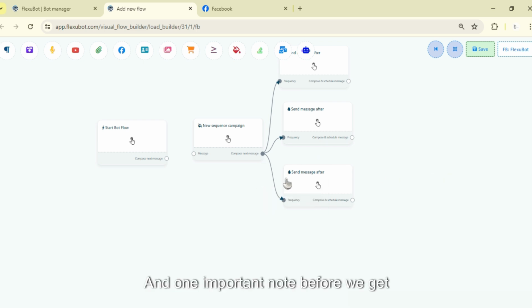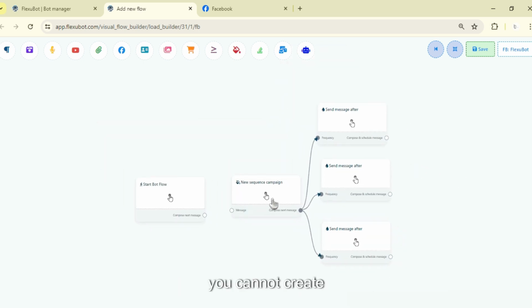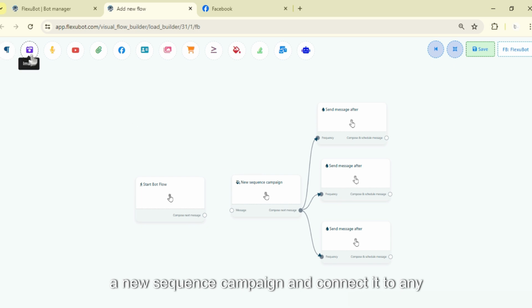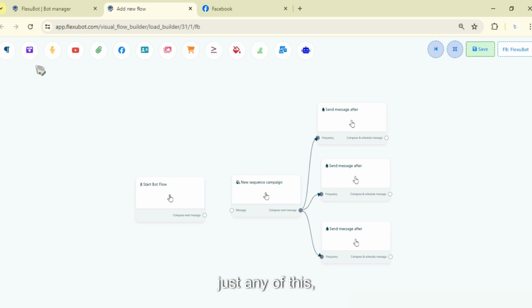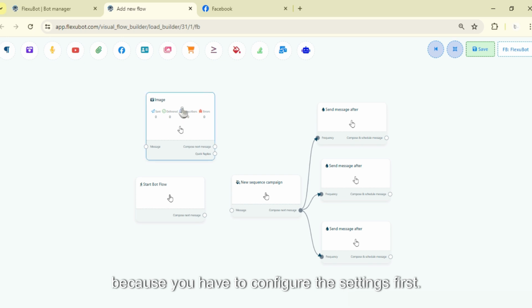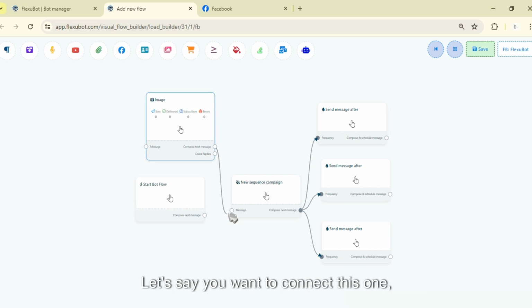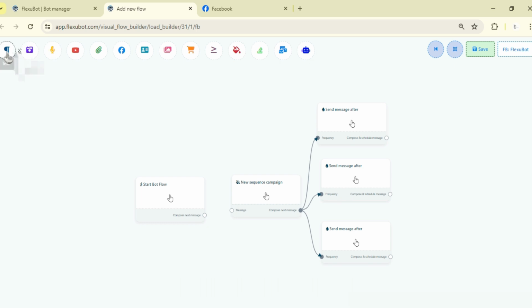And one important note before we get started is that you cannot create a new sequence campaign and connect it to just any of this, because you have to configure the settings first. Let's say you want to connect this one, it will be incompatible. Let's say you want to connect the text, it will be incompatible. Let's say you want to connect this to the start bot flow, it will be incompatible to all these options,